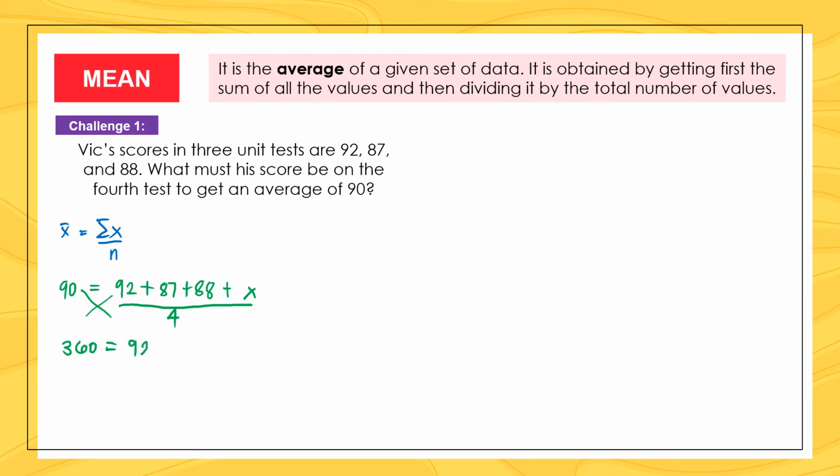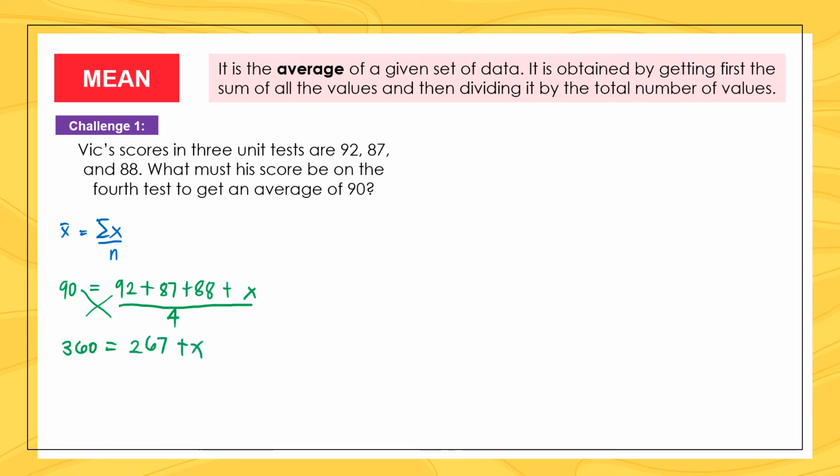So it is equal to 92 plus 87 plus 88 plus x. Or let me have the sum of these three. 92 plus 87 plus 88 is equal to 267. Okay, let me write it here, 267